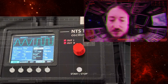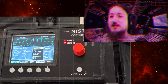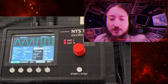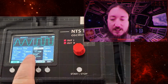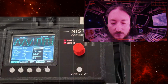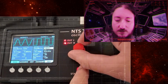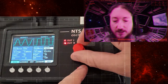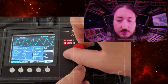oscillator with some simple wave shapes, or you can use it as a LFO or as an envelope. So the oscillator, right now I've set it to push, so when I push the start button here, you can hear it sending out a square right now, and you can change that to a sine, saw, another saw, and a triangle. And you can change the pitch range,